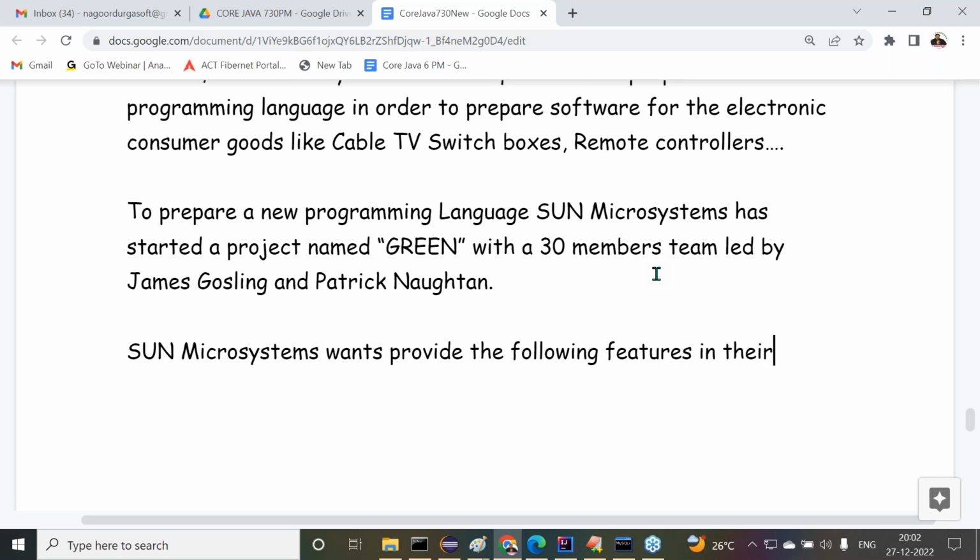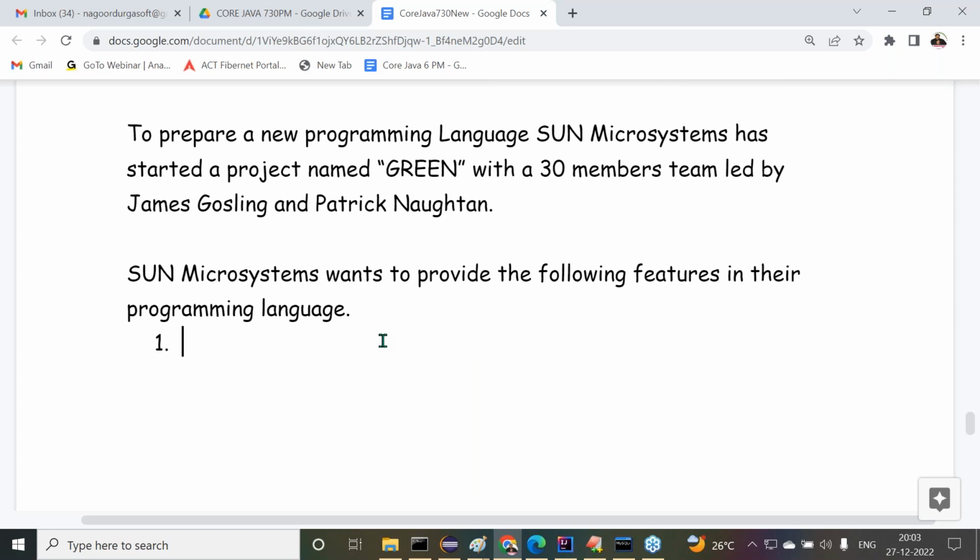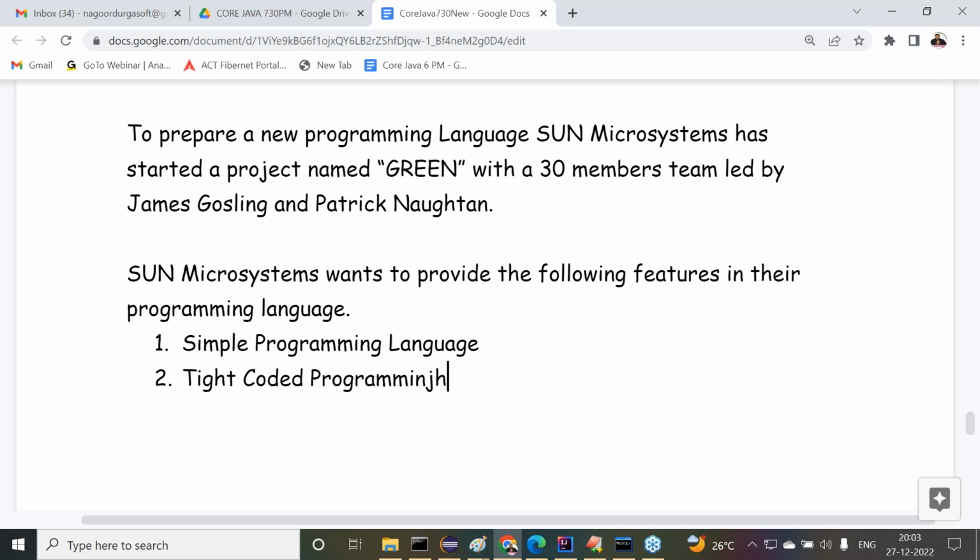The very first one is that the programming language should be a simple programming language. And the programming language should be a tight coded programming language. And the programming language should be an architectural neutral programming language.